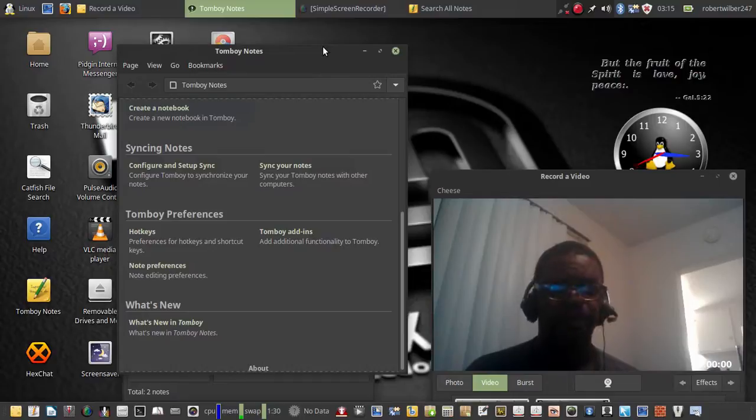For instance, Linux Lite, a derivative of Ubuntu, a light version of it, has it right on the desktop as soon as you install it, and I think there's a link on the welcome screen,